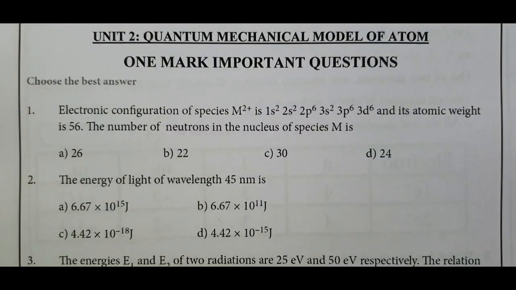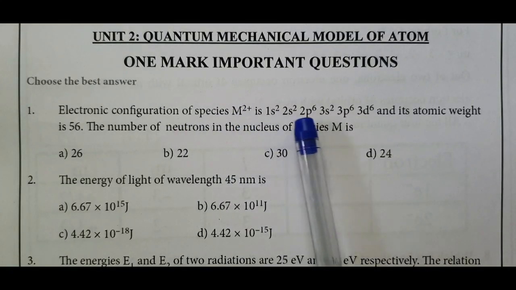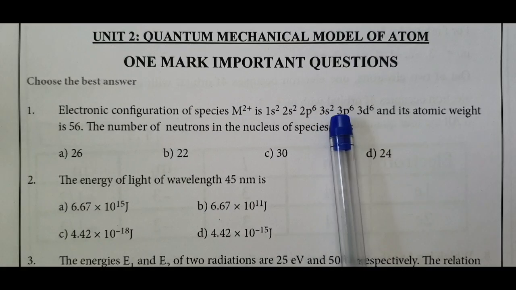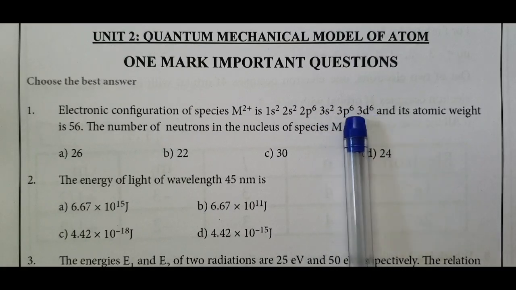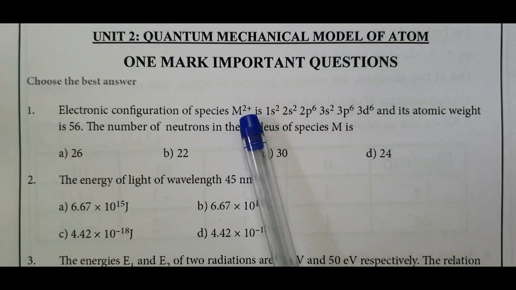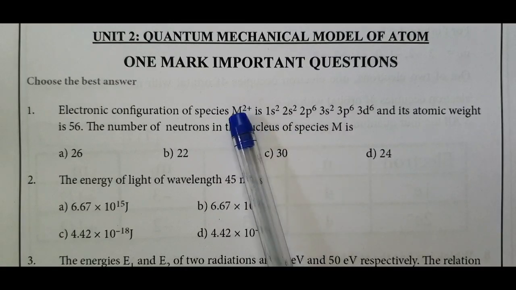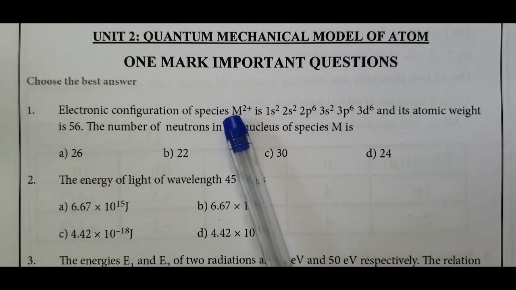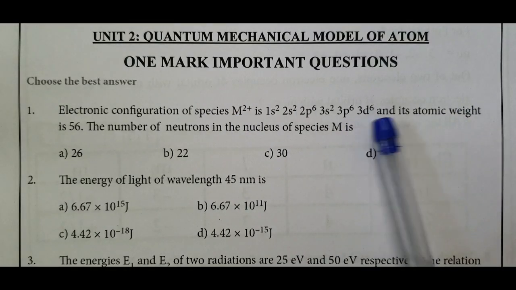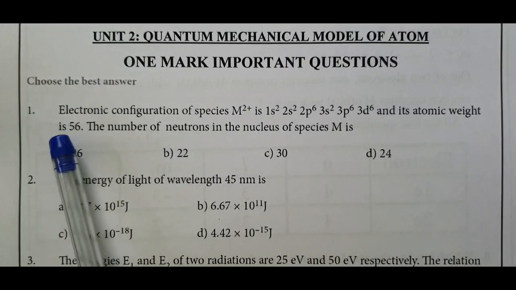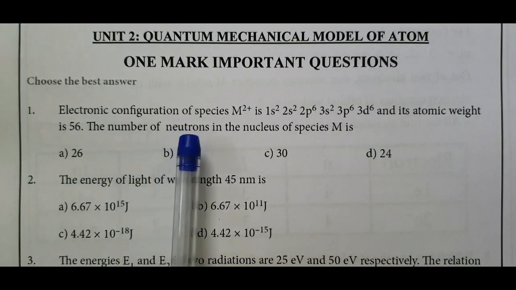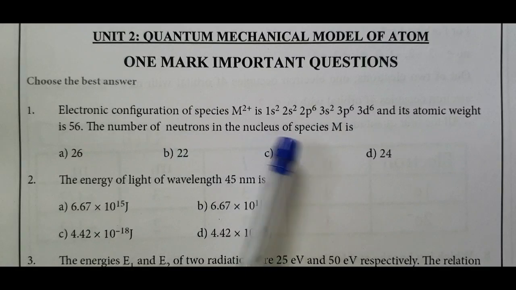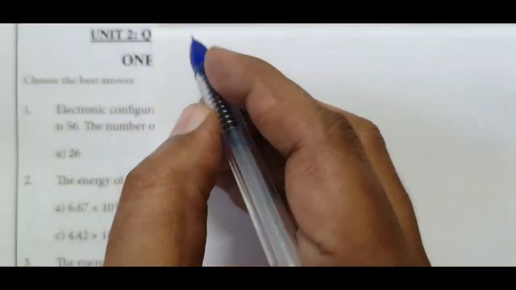The electronic configuration of species M2+ is 1s2, 2s2, 2p6, 3s2, 3p6, 3d6. This 2+ indicates loss of 2 electrons. So before loss of electrons, it has 2 more electrons and its atomic weight is 56. The number of neutrons in the nucleus of species M is,